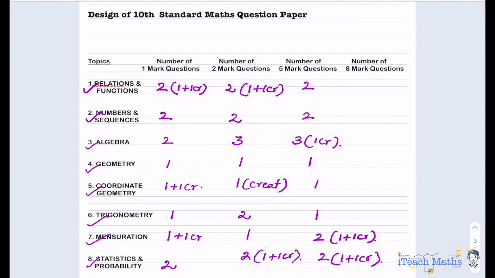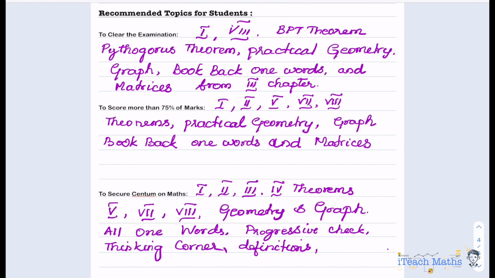Now, let us go into the 43rd question, which is practical geometry. It is question number 43 and it has 2 options A and B, out of which A is a practical geometry question and sometimes B turns out to be an exercise sum from chapter 4. Now let us go into question number 44. It is from the chapter algebra, which has 2 options A and B, and it is a graphical question.